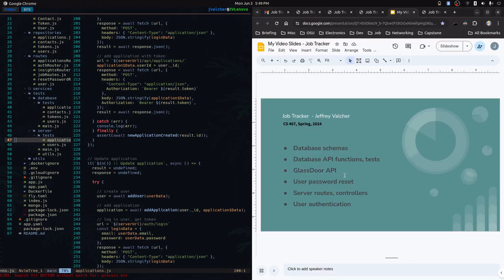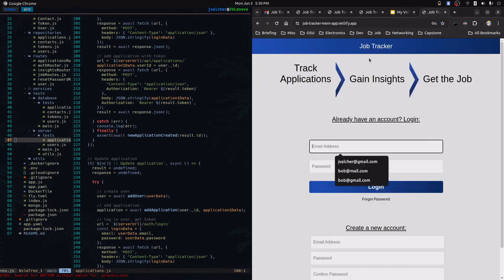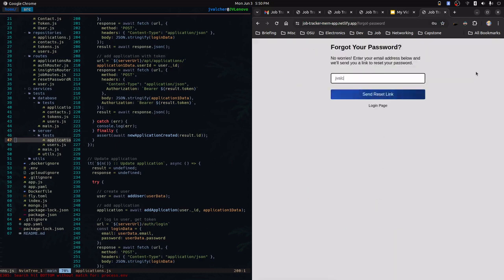Okay, Glassdoor, I didn't get to that because Glassdoor no longer maintains their API. So instead, I set up password resetting. So I have my own account. This is our live server. My own account. So let's say that I have